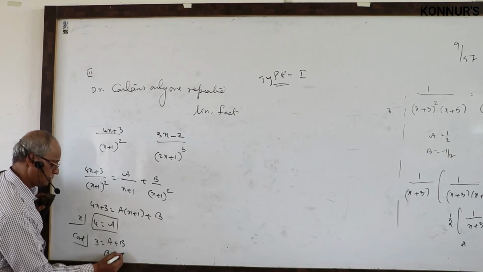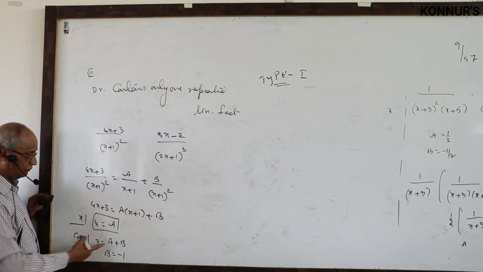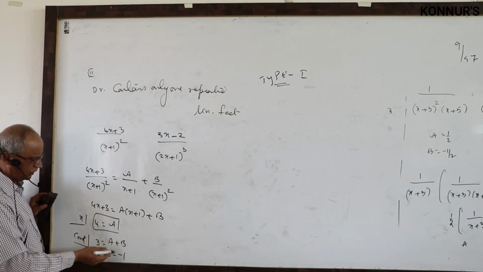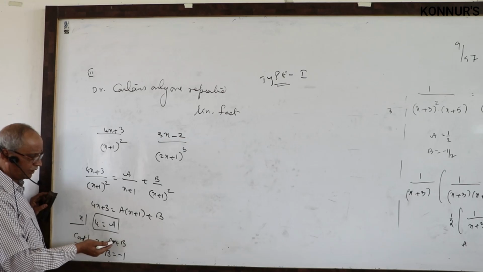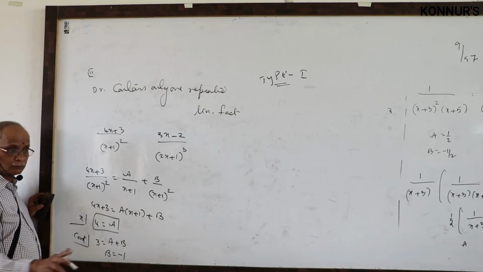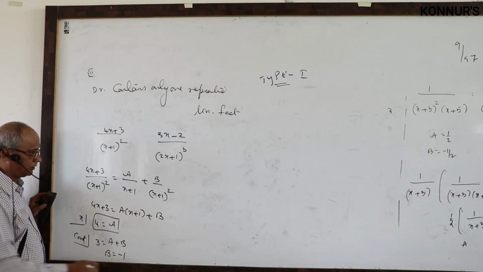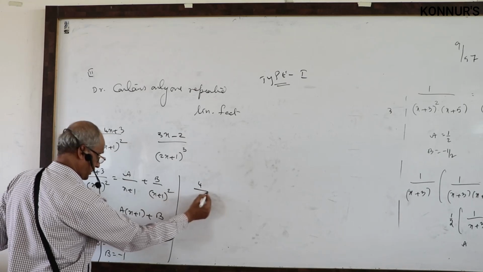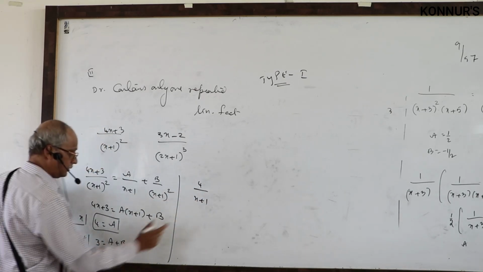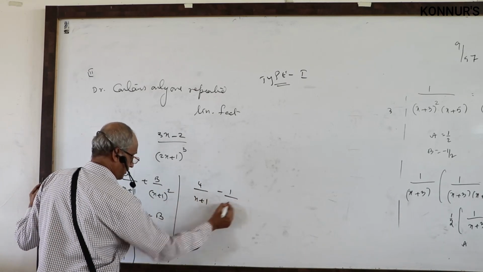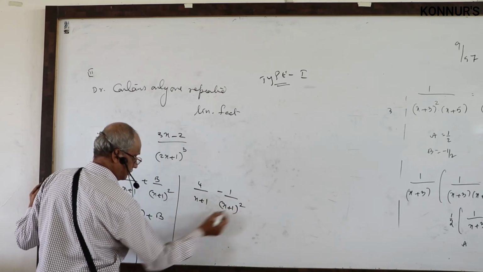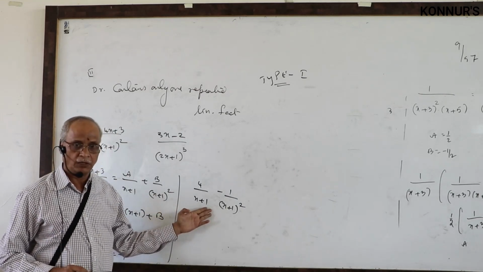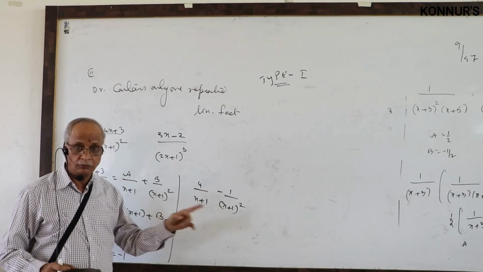Then what is the b value? Substitute a value 4. 4 plus b is 3. b equal to 3 minus 4, minus 1. All that you should write. Develop yourself. One step you write, third step you have to write, 2 steps you leave them. Therefore the b value is over. Then you have to substitute here. What is the a value here? 4 by x plus 1. b value minus 1 by x plus 1 whole square. Then integration. Once you get partial fractions, integration is not difficult. Only how you get this a value, b value is important.